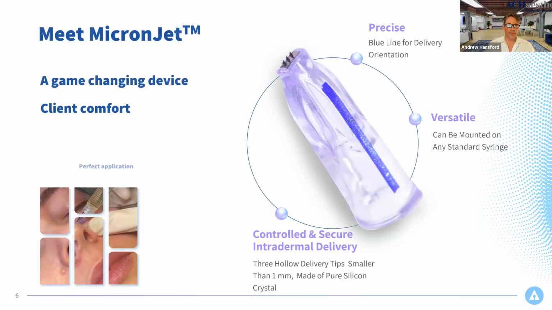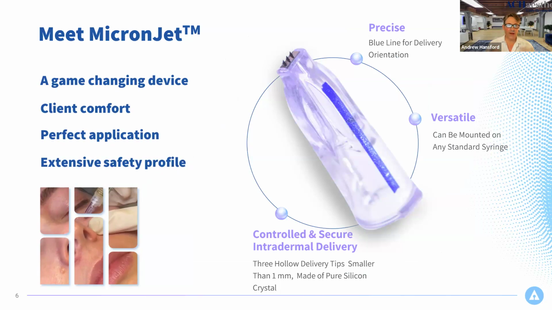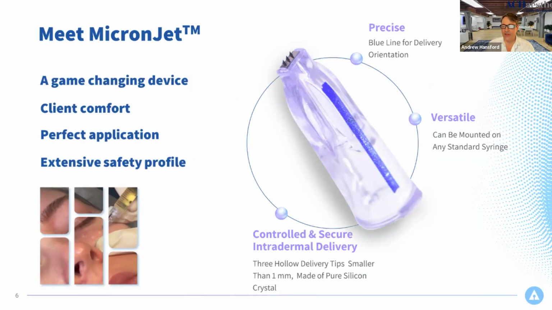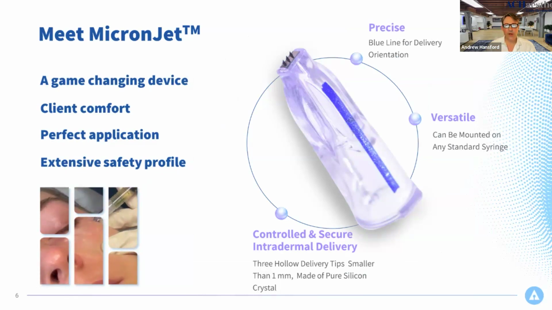So the technology is, as I said already, a game-changing device. It is precise. And that's the bit that's so important, especially as, again, you are absolutely aware that the injection depth is paramount to where you're placing it. So with me teaching mesotherapy for so many years, I know that the perfect placement for that product is between the 0.5 and 0.6 to touch and break through the epidermal junction. And this gives you that